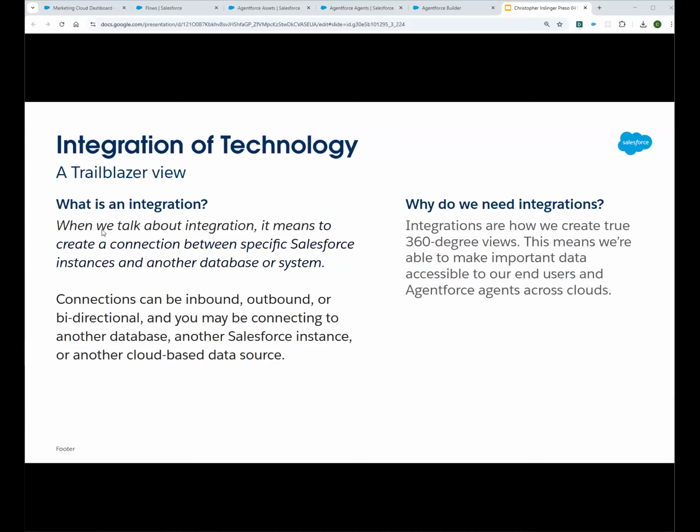So why would we do this? Well, that helps us create that 360 view of a customer. Getting all of the pieces of information that your company is collecting and bringing it all together paints that full picture and allows us to do stuff that's relevant to that user. Get that true personalization, activate on all of the information you have, don't have it be siloed. And so agents having the ability to process large groups of information and combine things allows us to unlock that 360 view in ways that we weren't able to do before.